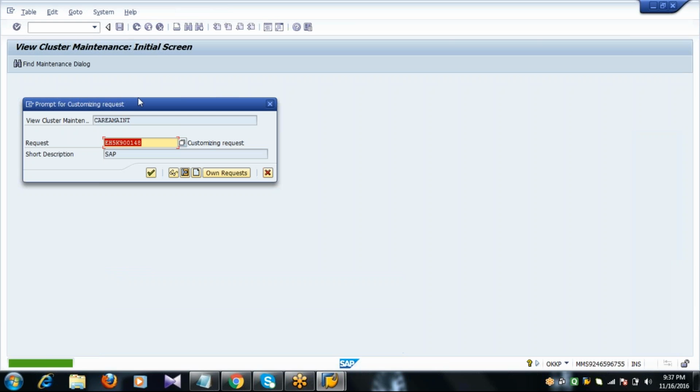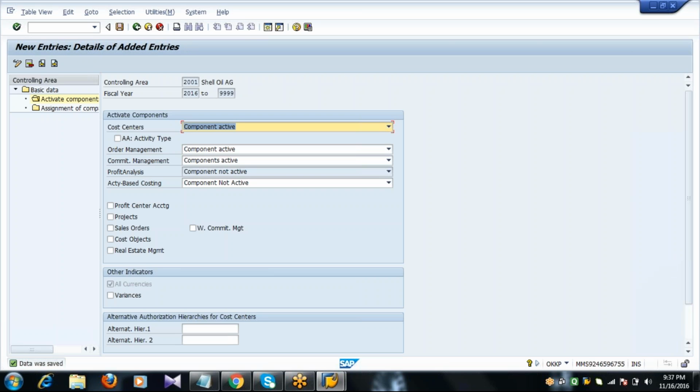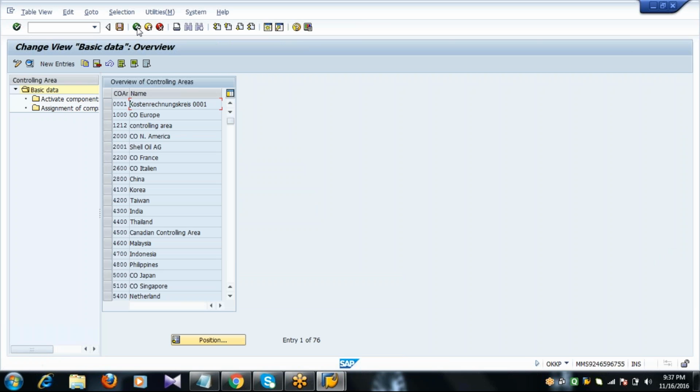Save. Press enter. Save. Again press enter. Go back to the main screen. Select the controlling area and click on the magnifying glass icon. That icon we call the details option. Select the controlling area and click on details.